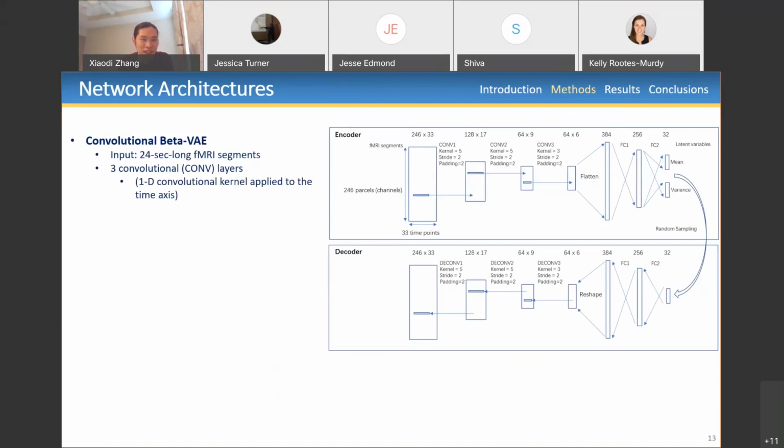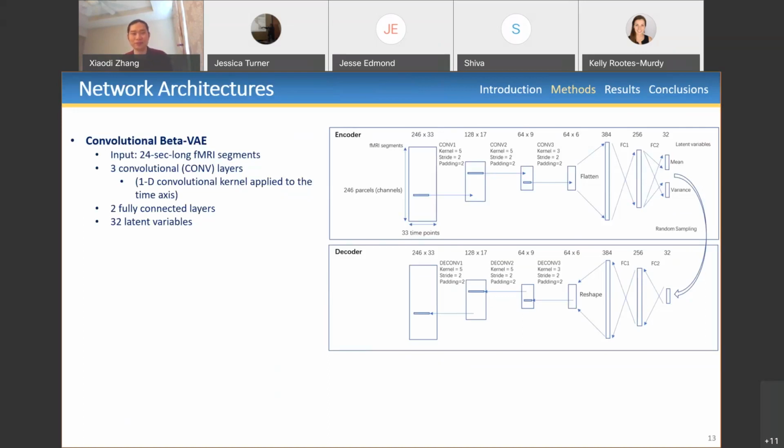This segment is 24 seconds long, and it was passed through 3 convolutional layers, and then 2 fully connected layers, and then it got mapped into a single 32-dimensional latent variable vector, and this vector was passed through a symmetric decoder so that it ended up being a reconstruction of the